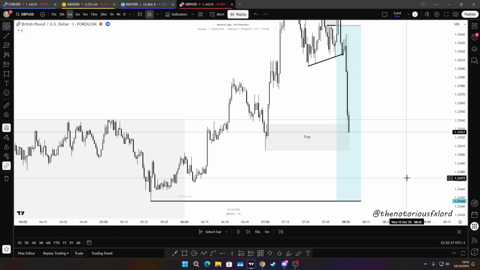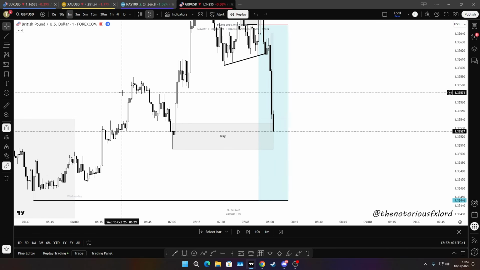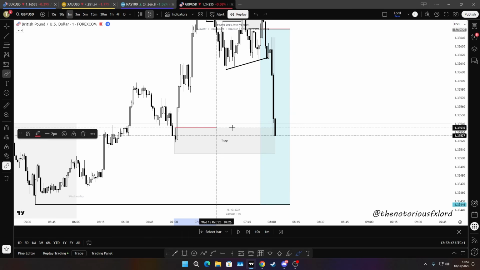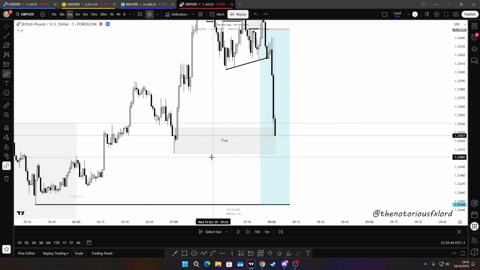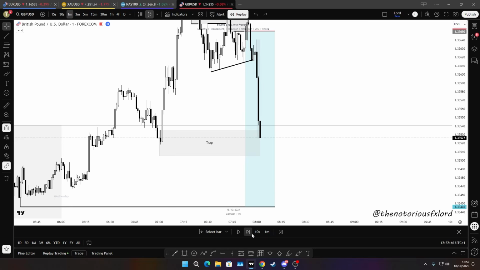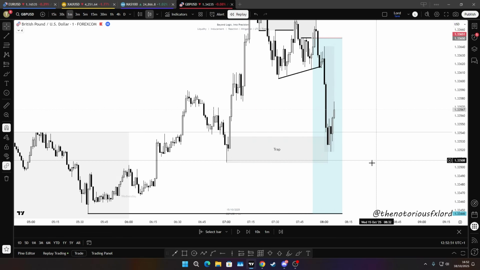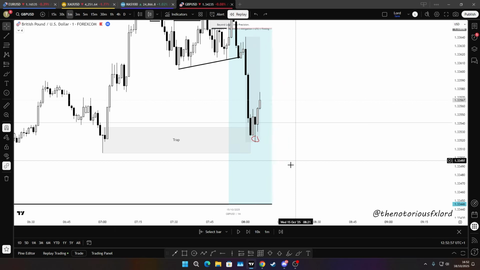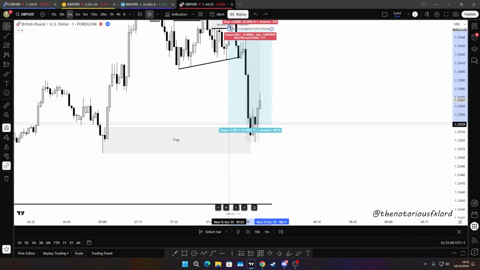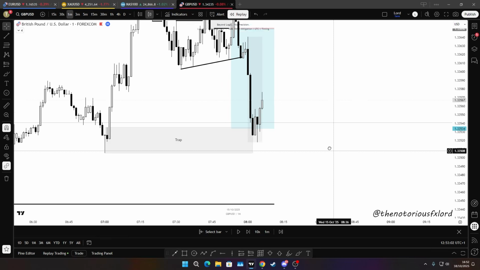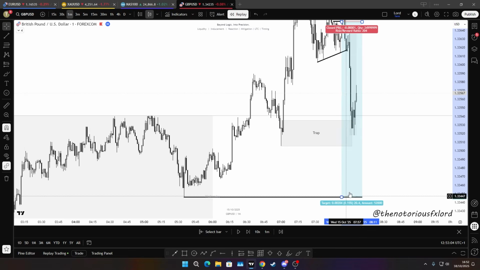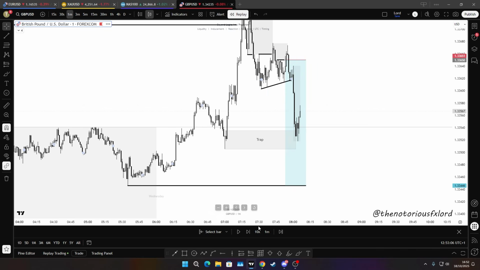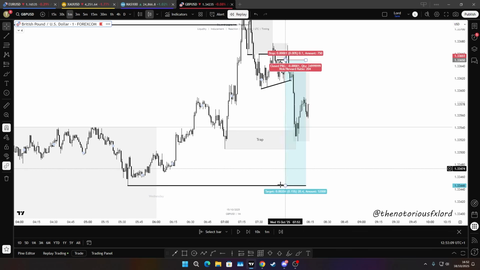area. So I take partials based on reactions and liquidity, and I was waiting for a reaction from this trap, and based on the reaction, I will decide to close my trade. And once we have this strong rejection, once we have what, this bullish candle, right, and then we have this strong rejection from this trap, I took my partials somewhere in this area, right, and I let the rest run towards my original target. And then we can see price